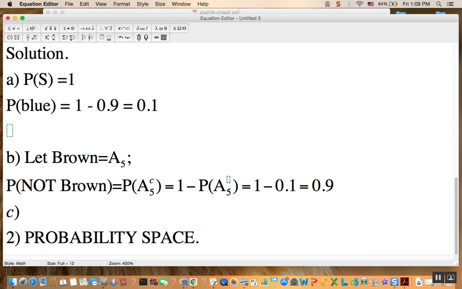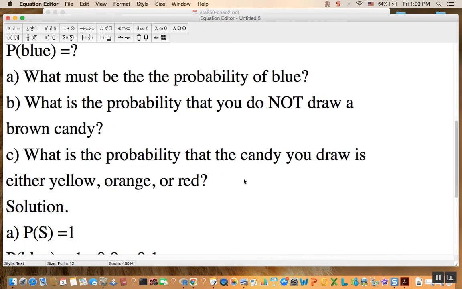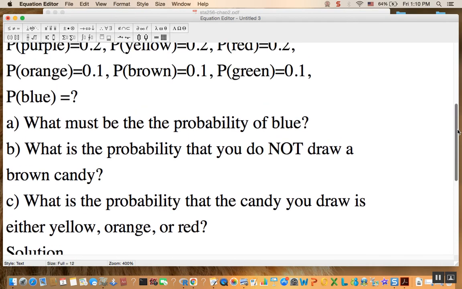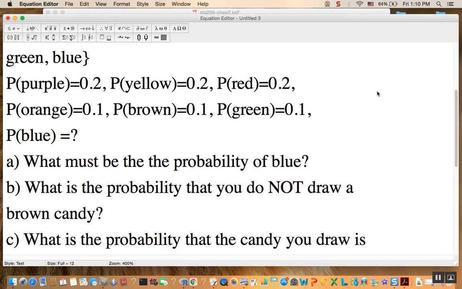Let's try and solve the third question. What is the probability that the candy you draw is either yellow, orange, or red? So we have the individual probabilities, and we are ruling out the possibility of getting a candy that, you know, has two different colors. So it's only one of them. Okay,